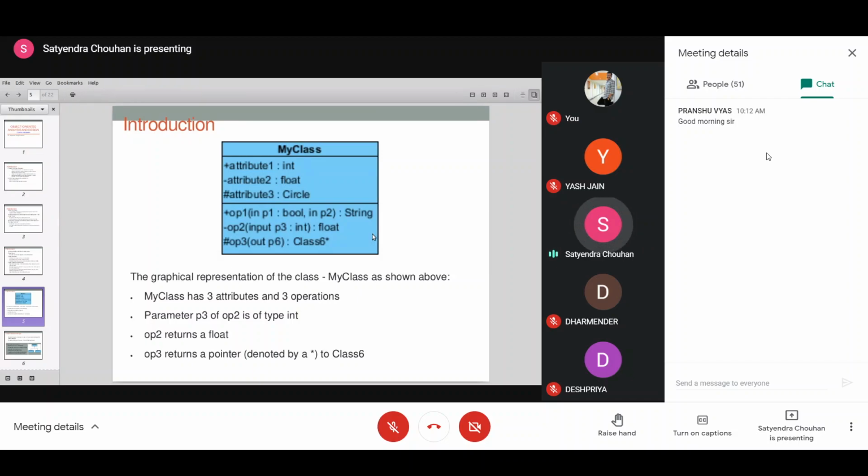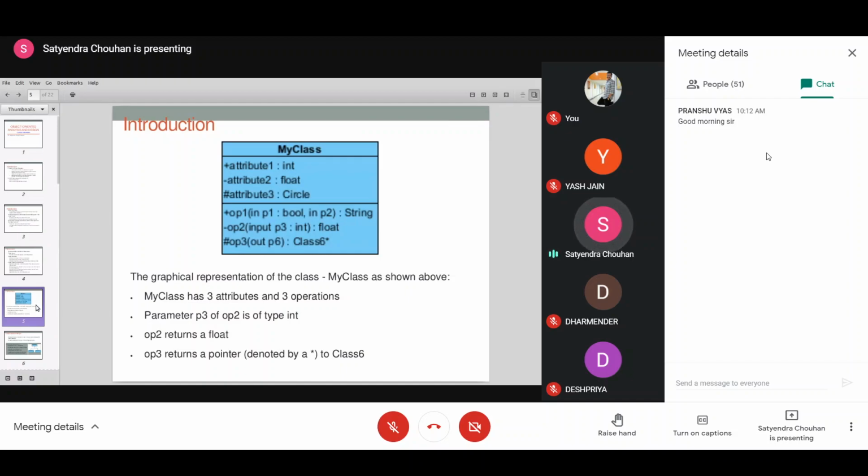So in case of operation 1, which takes P1 and P2, the return type is a string, the return type of operation 2 is float, and the return type of operation 3 is a class. Basically it is returning a reference in case of Java, or in case of C++ or other programming languages, a pointer to the class. This is showing the data type, basically the return type.